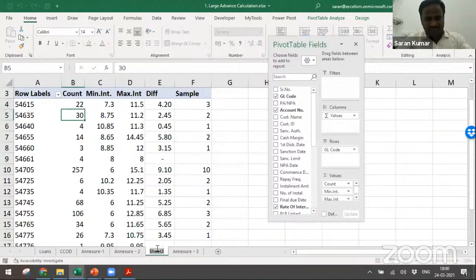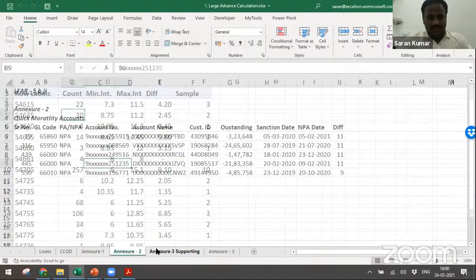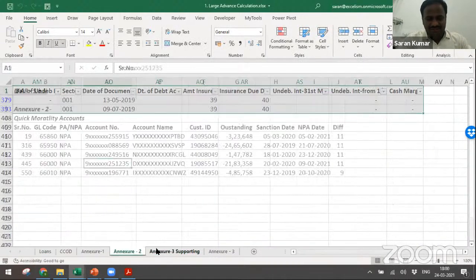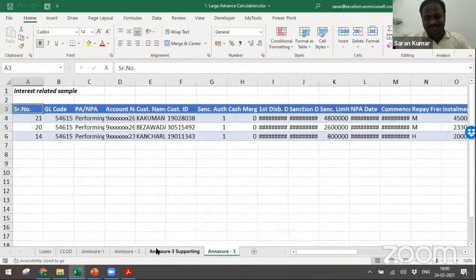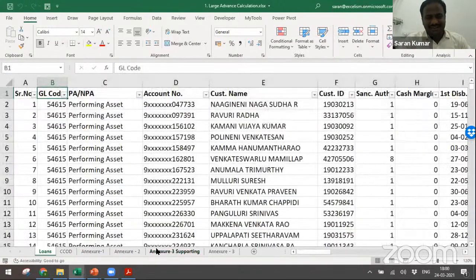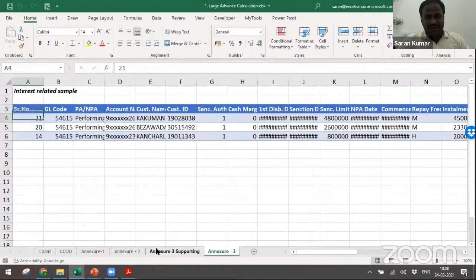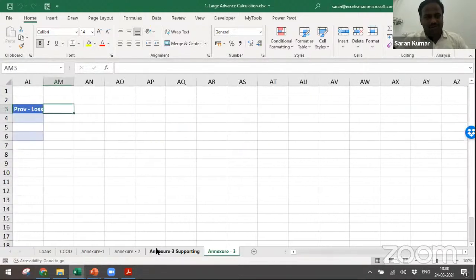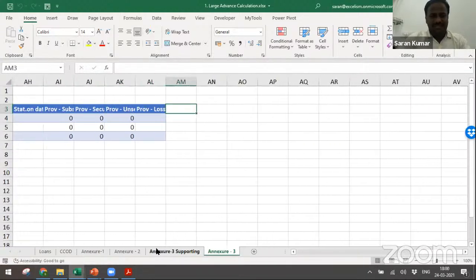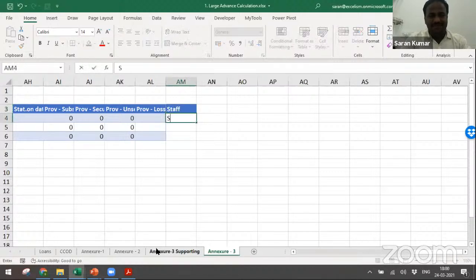So annexure 3 supporting. By the end of the audit, once you start keeping things like this, you can create tens of annexures with proper proof of whether they have done the audit or not, with proper remarks. Now, how they are going to do it: you will be keeping a staff name. Let's say Sharon is going to do this, and Harsha is going to do this, Mr. Bhairav is going to do this.